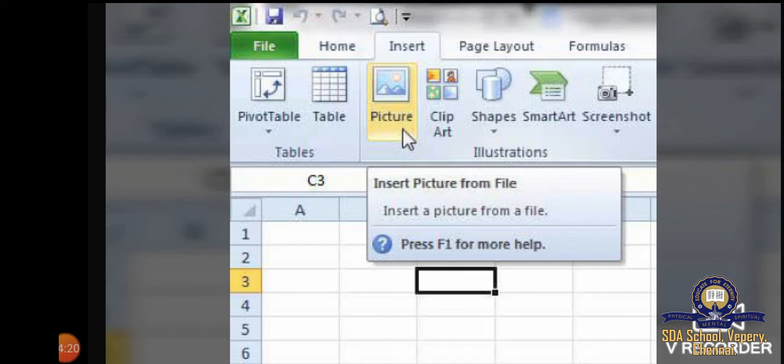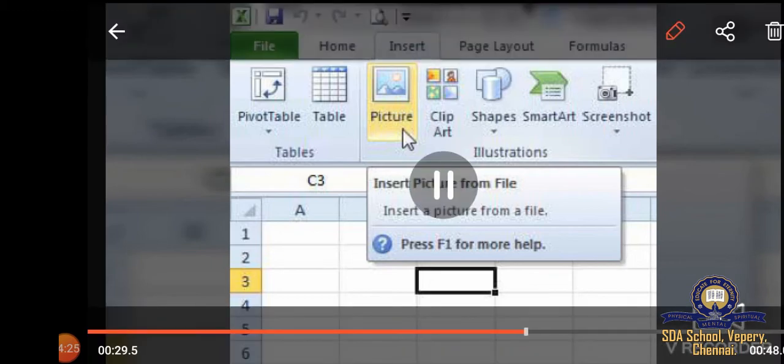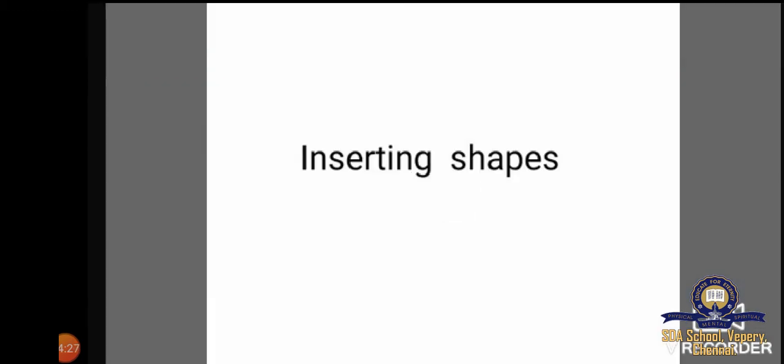Okay, yes. Now we are going to insert shapes. After we finished pictures, how to select, then we will select shapes. Shapes are either ready-made shapes or auto shapes.